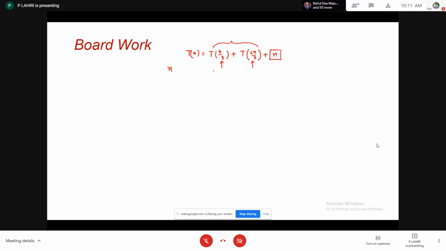T of n by 2... one subtree is this one, another subtree is this one. So be careful, I am writing it in this fashion: T of n by 3 and T of 2n by 3. Okay, then what is your objective? Your objective is to expand